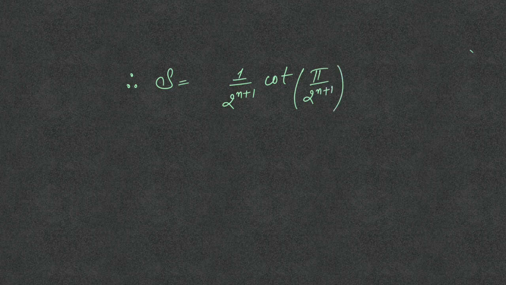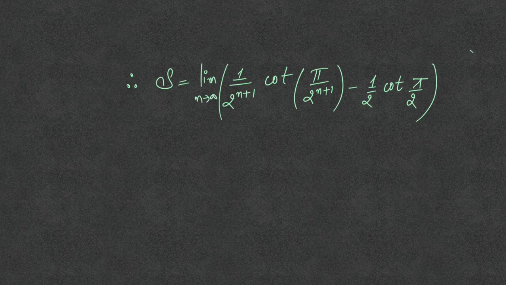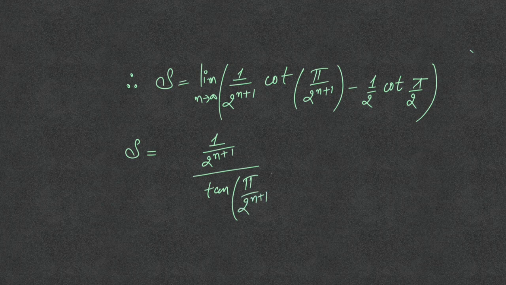Therefore, s is equal to 1 upon 2 raised to power n plus 1 cot of pi upon 2 raised to power n plus 1 minus 1 upon 2 cot of pi by 2. And since we know limit should tend towards infinity, so s becomes 1 upon 2 raised to power n plus 1 upon tan of pi upon 2 raised to power n plus 1. This cot can be written as 1 upon tangent of pi upon 2 raised to power n plus 1 by using the reciprocal, and this cot will tend towards 0 because cot pi by 2 is 0. Multiply and divided by pi,